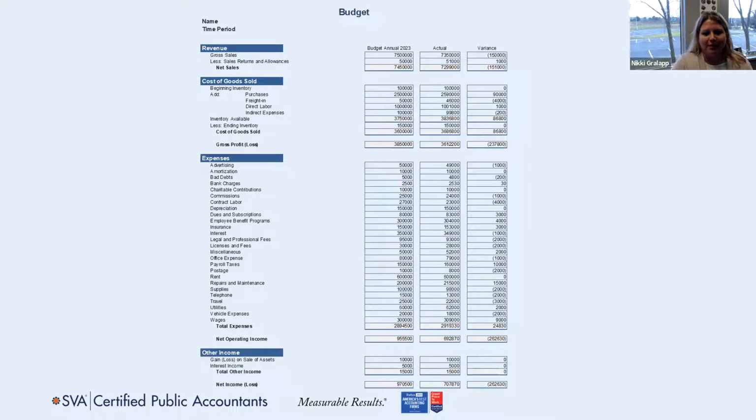So here's an example of a budget, and I know it's small, and don't get too worked up on the numbers, but it's really just an example. So this is an annual example. Okay, some of you do an annual, and maybe yours looks like this. So after you close out the year, you put in your actual and you do a variance, and you say, how good was I?